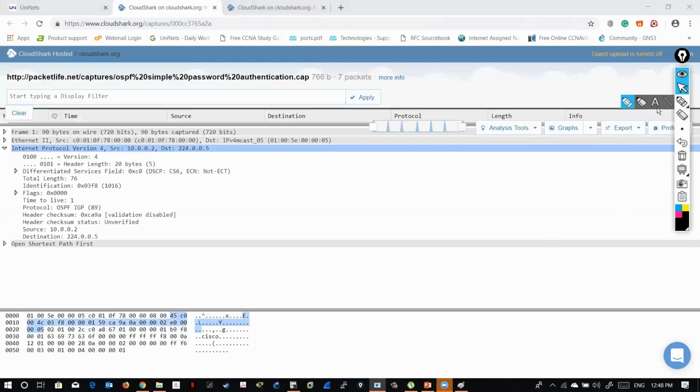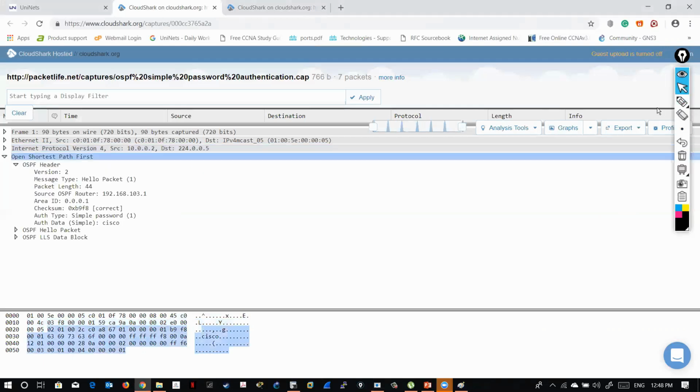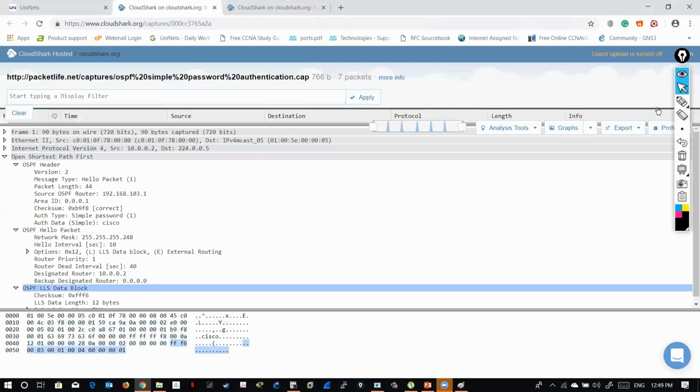Anything more than this? No. And in here, actually, you are having 3 important fields. One is the OSPF header. This OSPF header is added to each and every OSPF packet. And what information does it carry? Version. What is the message type this header is carrying? Of course, it is hello. Length, and what is the router ID or source router ID? What is the area ID? Checksum,